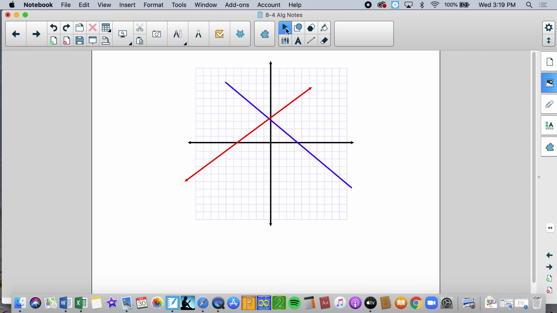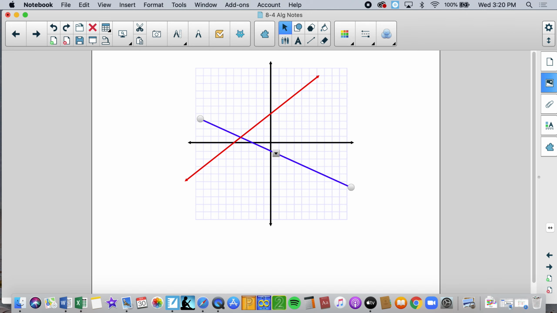So let's just take these two. Let's just make it. Let's do that. I like that. That's good. All right, so if we look at the blue problem,